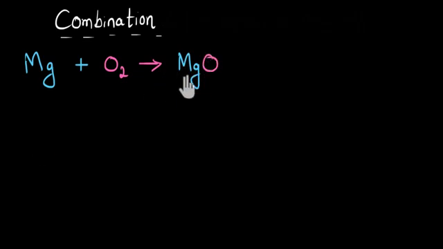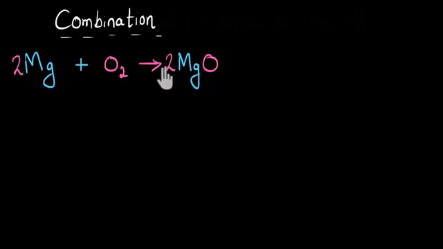Let me quickly balance this equation. Here we have 2 oxygen. So here I'm going to put a 2 here. And since this is 2 Mg, I'll need to put a 2 over here also. Yes. So you can see that here magnesium combines with oxygen to give us magnesium oxide. This is the white powder that is being left out.